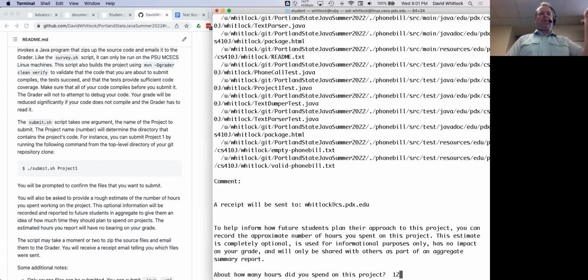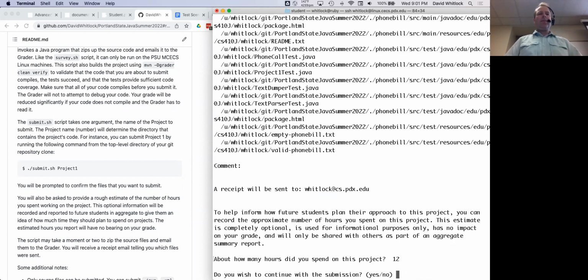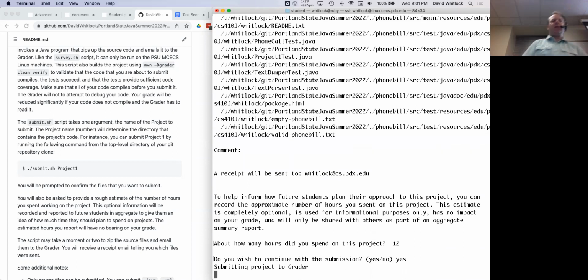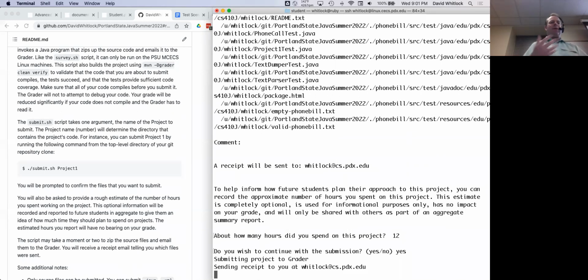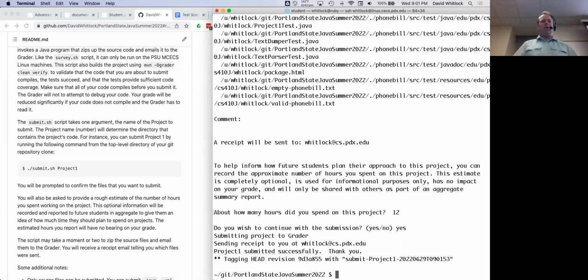So let's say I may have spent 12 hours on this project, and here again, it's an estimate. And say, great, do I want to submit? Yes, I do. And so then it creates a little zip file, emails it to the grader, and it tags your GitHub repository. So what it does is it basically says, hey, this is the revision that was submitted. And so now if I do a git push,